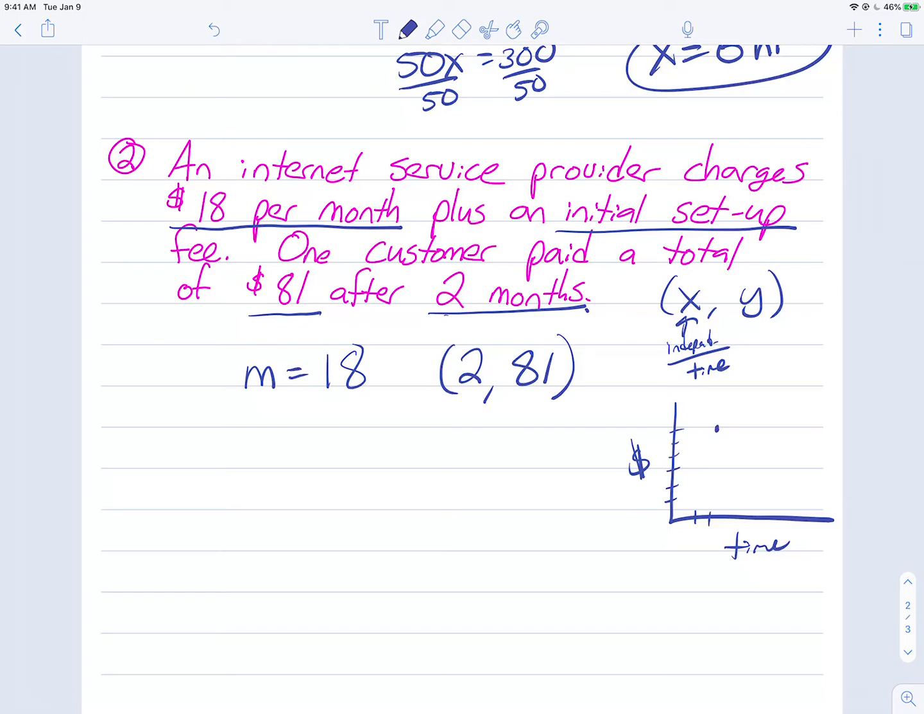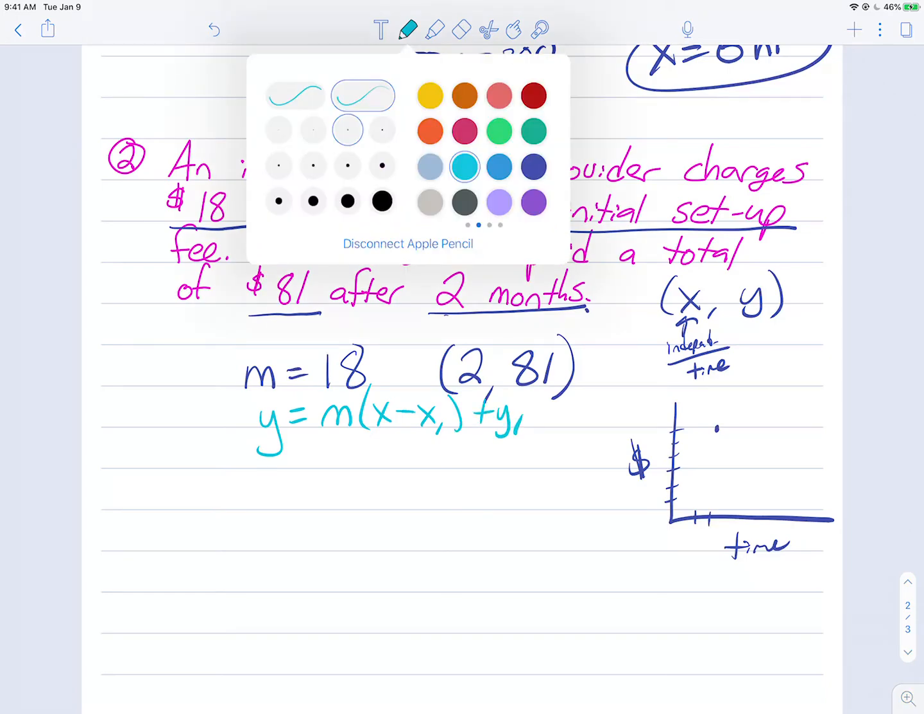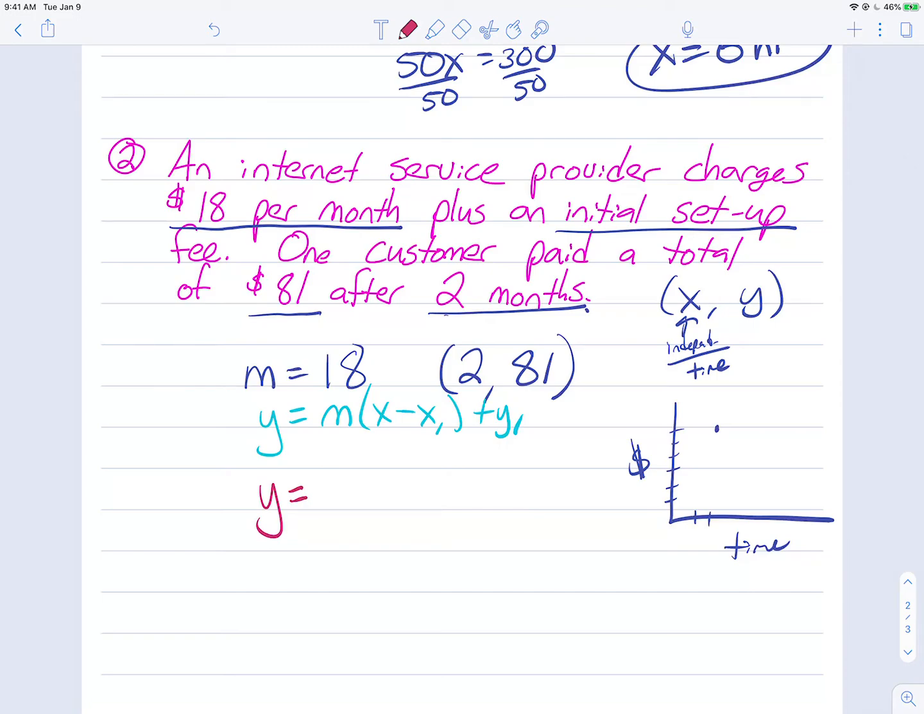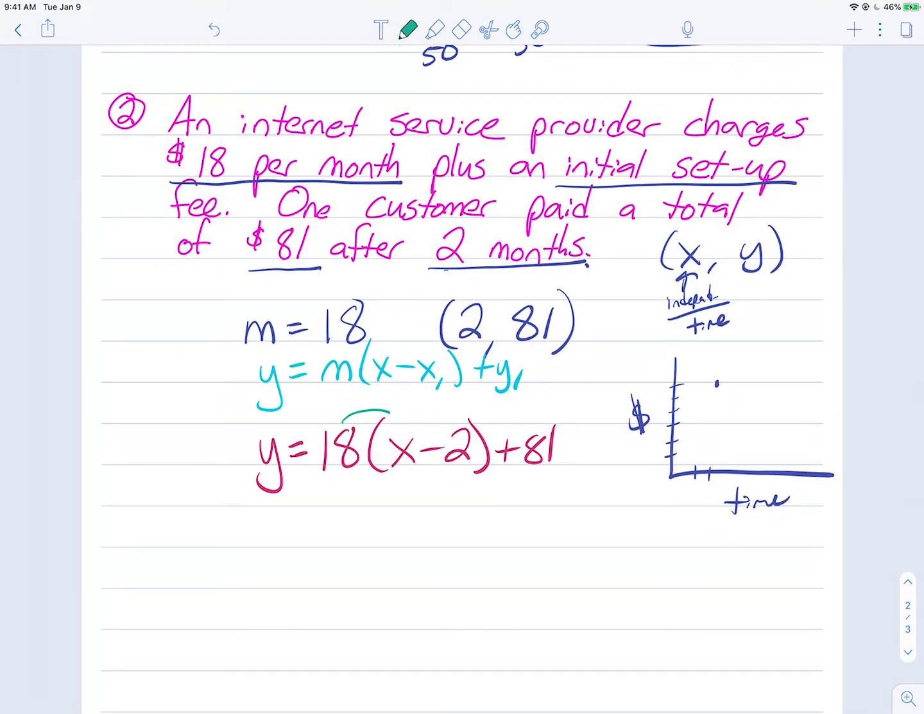So I have a slope and I have a point, which means the point-slope form is going to be the best thing to use. So I'm going to use our y equals m times (x minus x sub 1) plus y sub 1 equation. If I plug in the information from the word problem, y equals 18 times (x minus 2) plus 81. Now I need to distribute and collect like terms because I need to clean this up a little. So I'm going to distribute my 18. 18 times x is 18x. 18 times 2